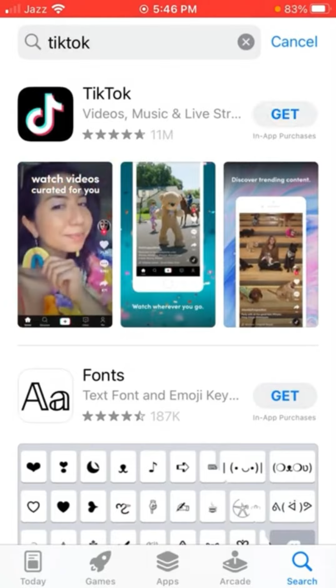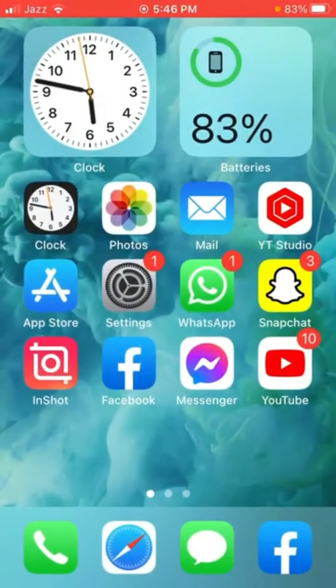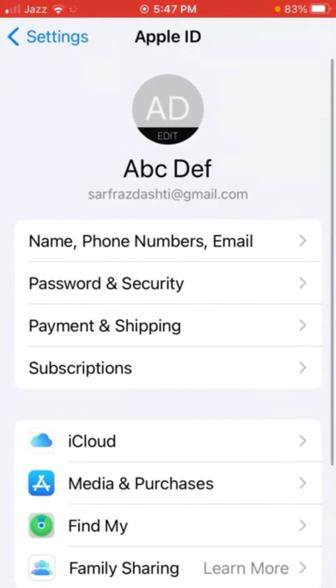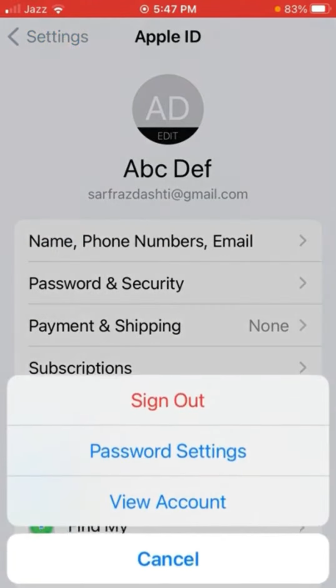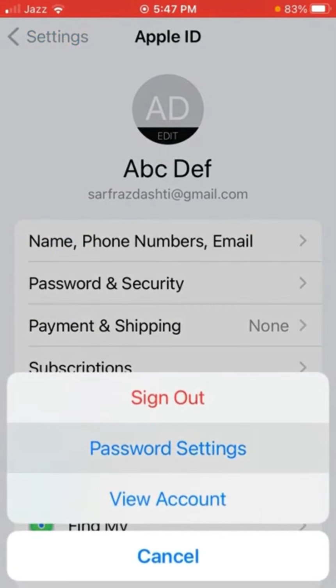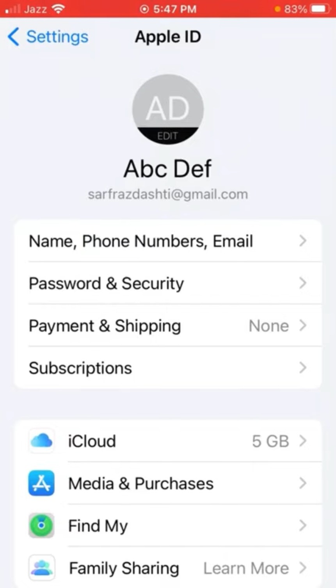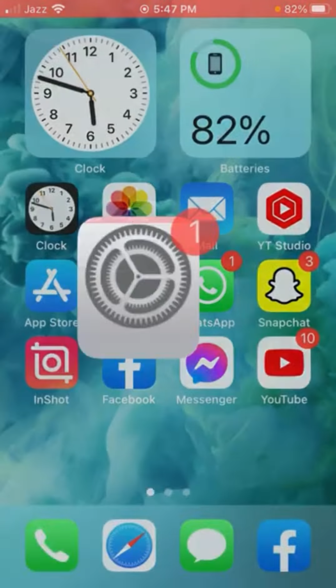Just go back to your home screen. Just open up settings app on your device here and then tap here on your Apple ID profile, and from here tap on media and purchases and now tap on password settings, and from here turn the toggle off for the required password and then tap here on done,